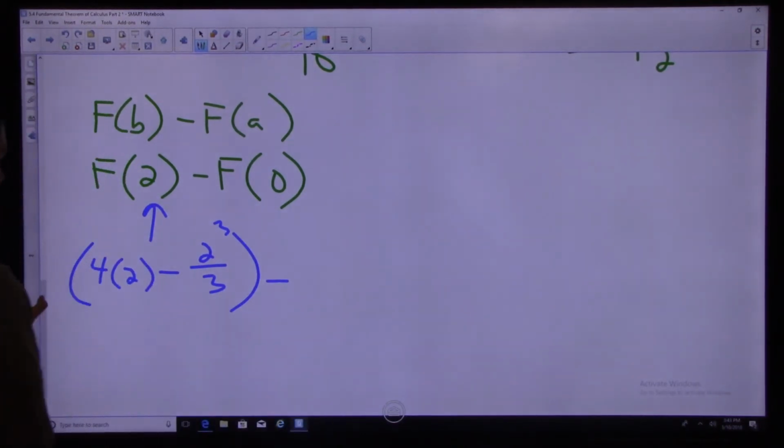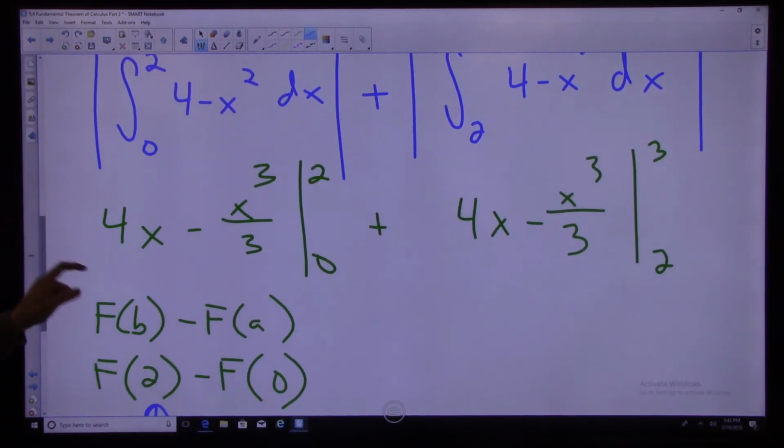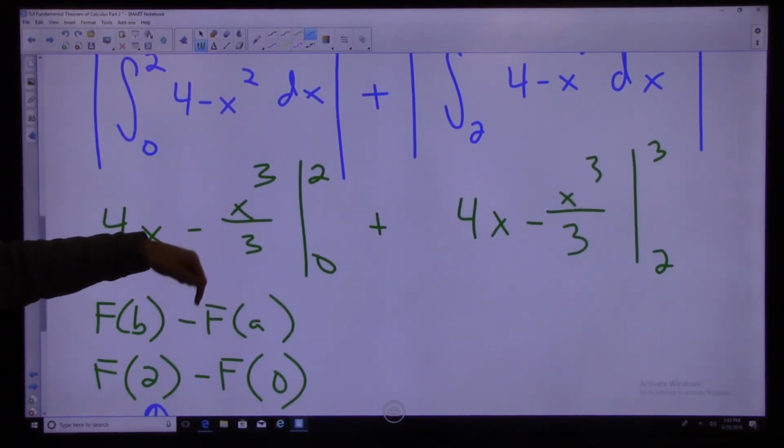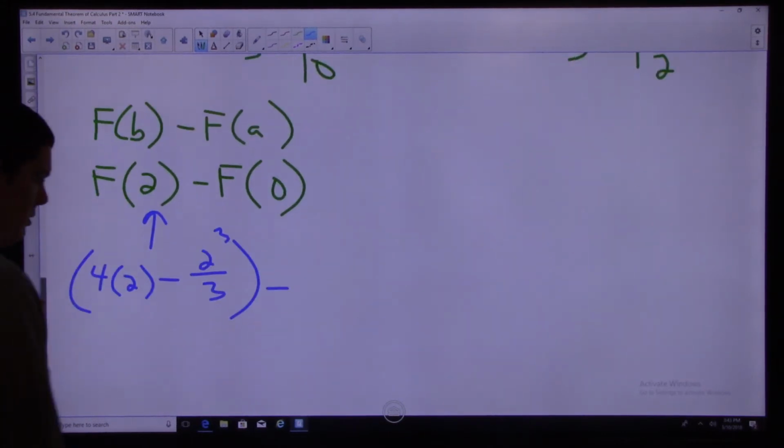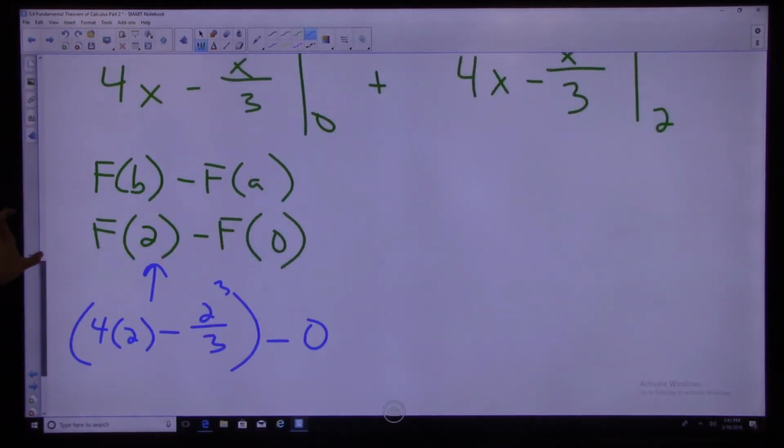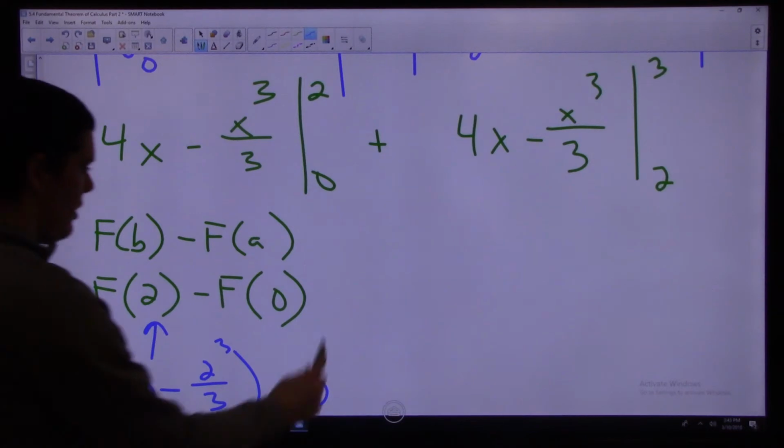Then we're going to subtract f of 0. How about I do that in my head? 4 times 0 is 0, minus 0 cubed over 3. That's 0. 0 minus 0, 0. So that's nice. That helps us out. And then we're going to add,